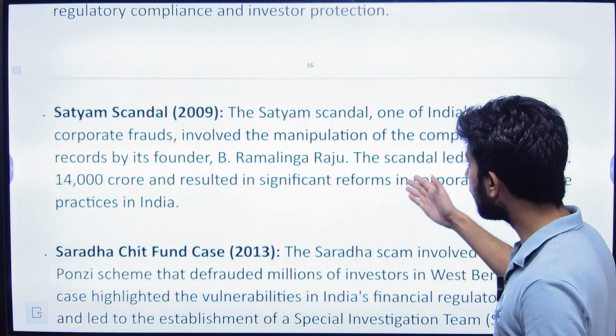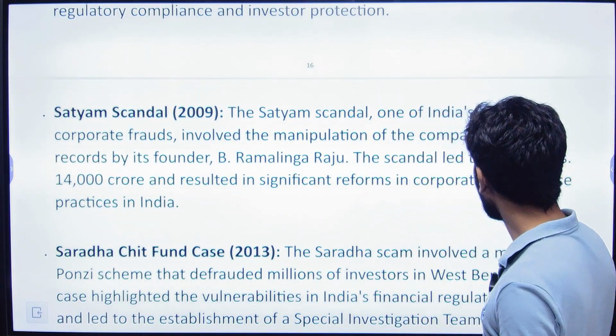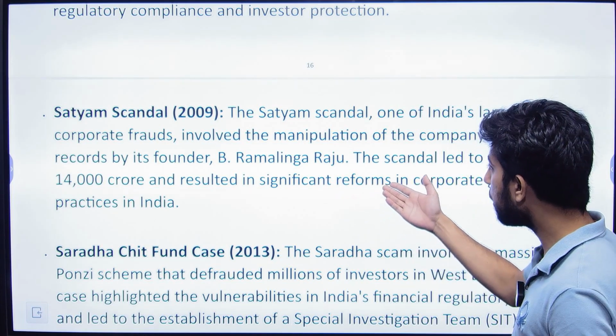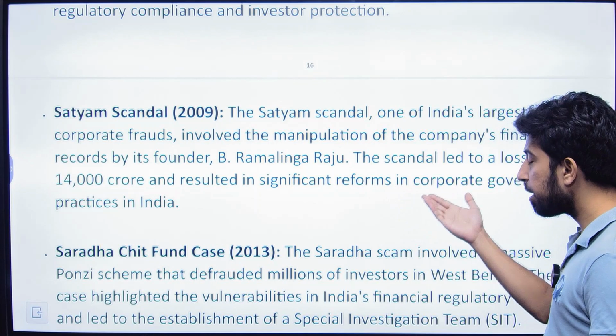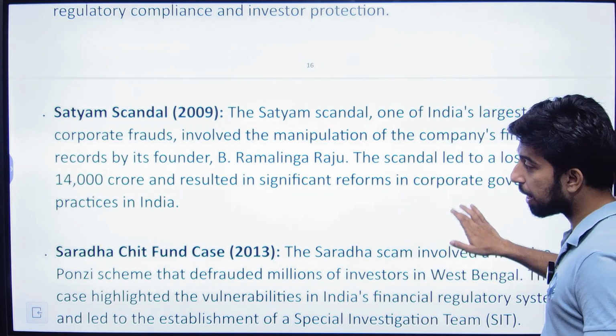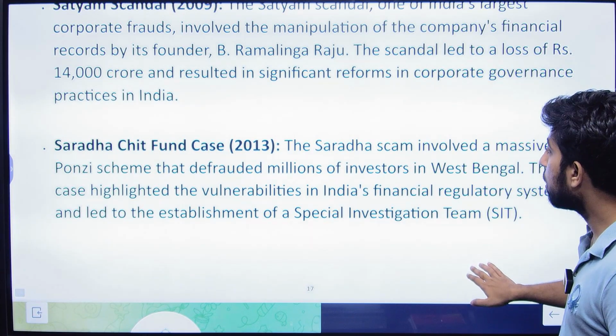Satyam scandal 2009. The Satyam scandal, one of India's largest corporate frauds, involved the manipulation of the company's financial records by its founder B. Ramalinga Raju. The scandal led to a loss of rupees 14,000 crore and resulted in significant reforms in corporate governance practices in India. Saradha Chit Fund case 2013, the Saradha scam,